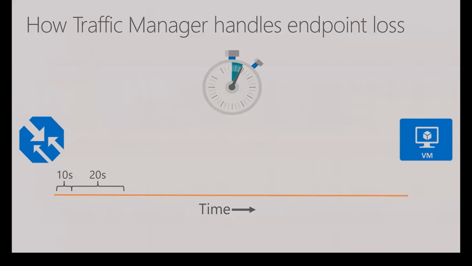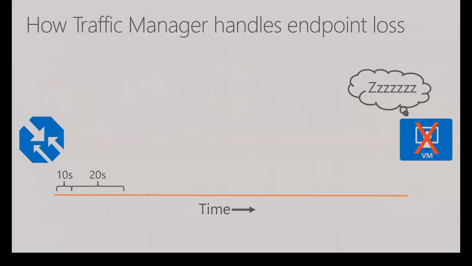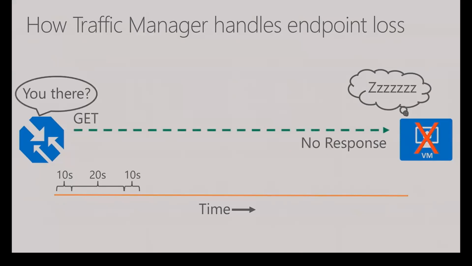And then it says, you know what happens if we kill the machine? So that's what we just did. We just took down that region, so it can't access that anymore. Well, Traffic Manager is really good at doing one thing, and it does the same thing over and over. It's like one of those drinky birds that sits there and drinks the water, going back and forth. It only knows one thing. The whole world's a nail, it's a hammer. I'm going to go request it.